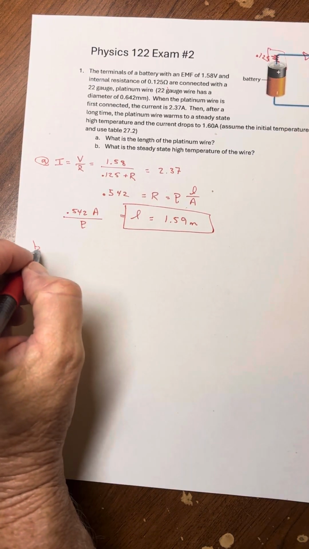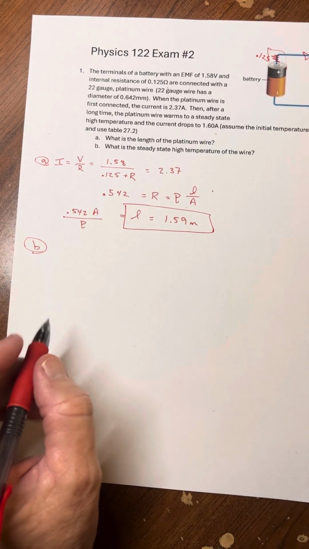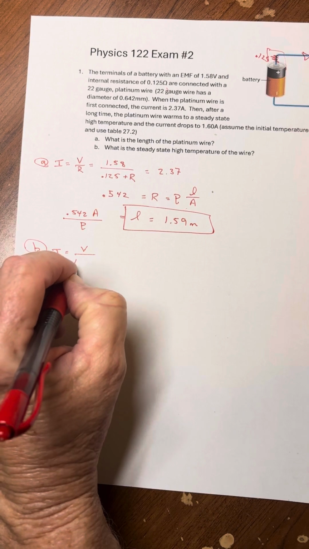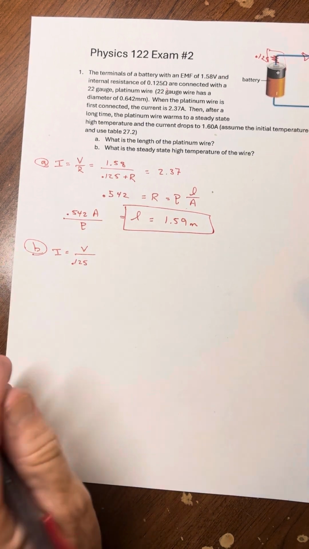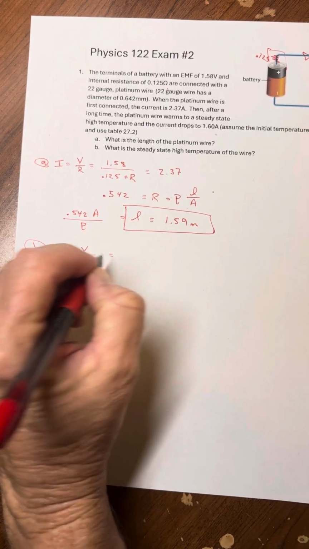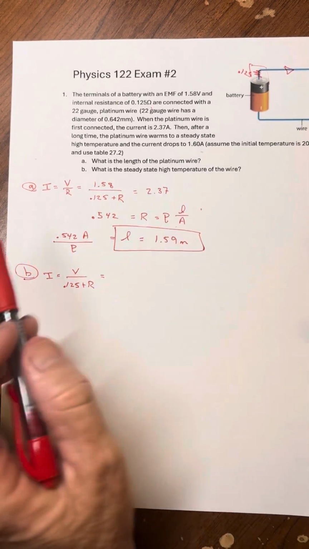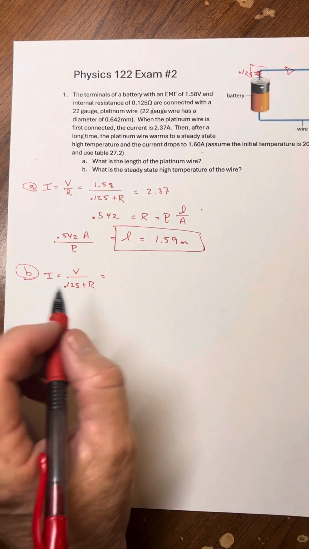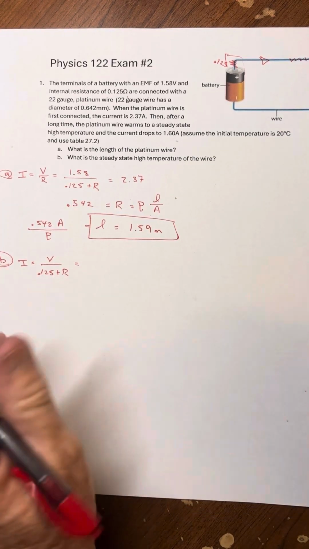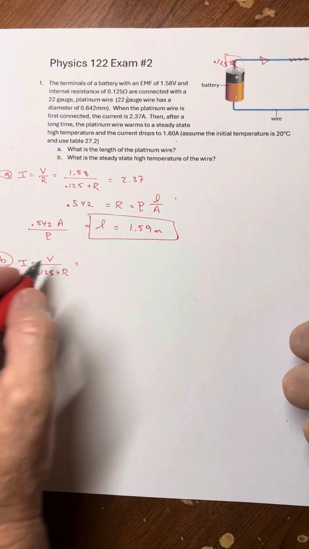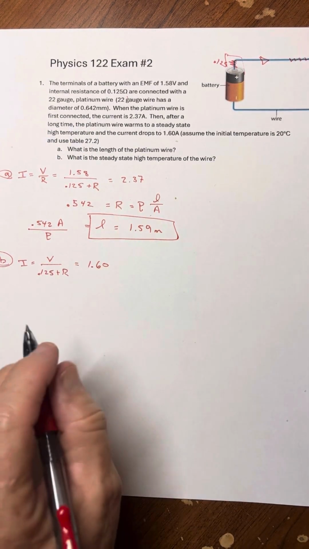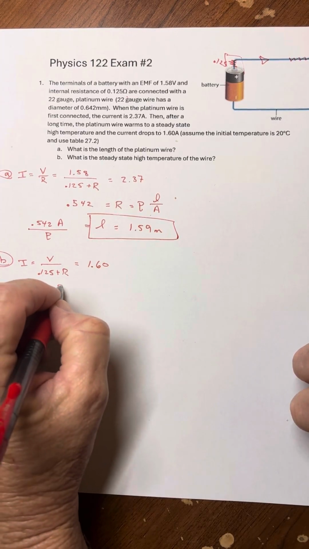Now, doing the same logic, that is the current is equal to the voltage divided by the effective resistance, the equivalent resistance, that's the 0.125 plus R. This time, it warmed up. And that's going to give us then a different resistance to this wire. So let's see, the current now is 1.60. And going through that